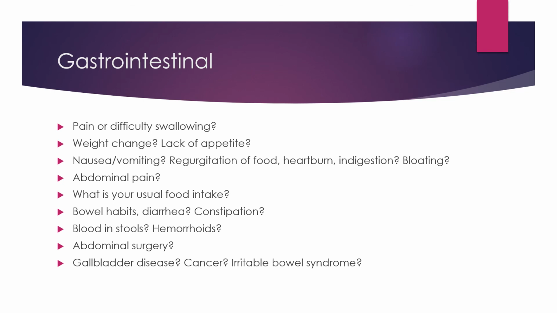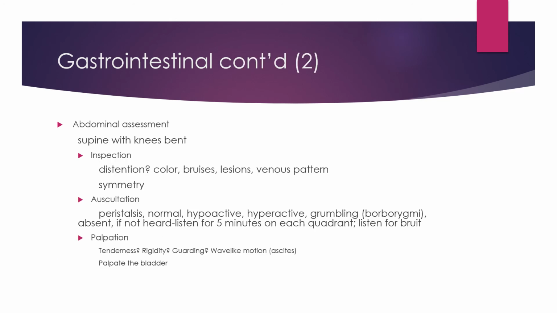The gastrointestinal assessment, you would ask about pain or difficulty swallowing, weight change, lack of appetite, nausea, vomiting, abdominal pain, the patient's usual food intake, do they have diarrhea, constipation, blood in their stools, abdominal surgery, gallbladder disease, cancer, history of irritable bowel syndrome. You would perform an abdominal assessment, having the patient lay supine with their knees bent, inspecting for any abdominal distension, inspection of the color, noting any bruises, lesions, any venous pattern symmetry, auscultating the bowel sounds,